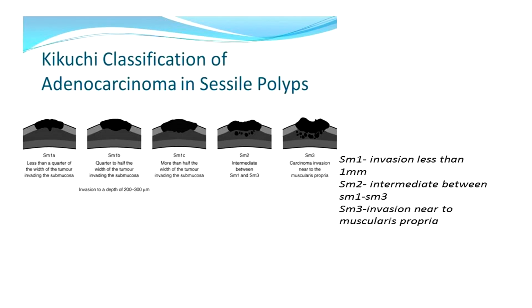In case it is a sessile polyp, not a pedunculated polyp, we have a classification called Kikuchi's classification. इसमें भी ग्रेडिंग रहता है कीकुची में भी. If the submucosa, SM means submucosa, 1 is involved, that means it shows the invasion of a tumor into the submucosa which is only 1 millimeter. Submucosa 3 means invasion into the submucosa which has reached up to the muscularis propria,